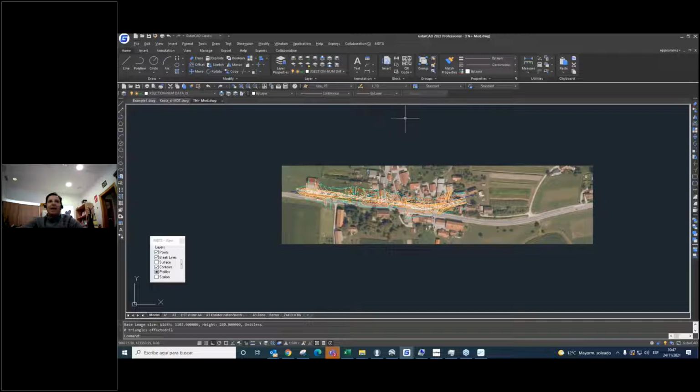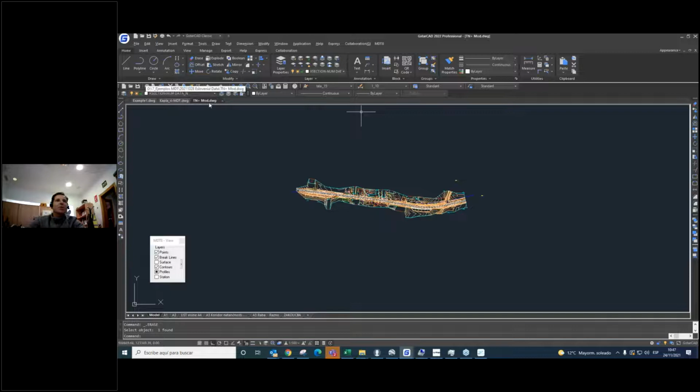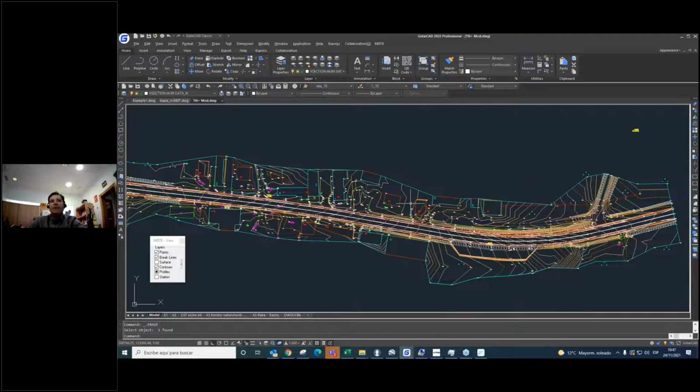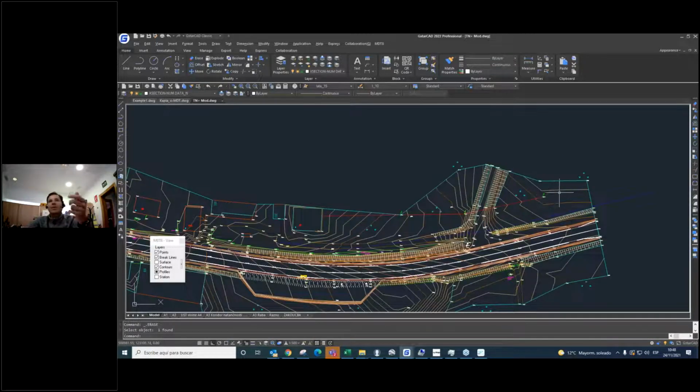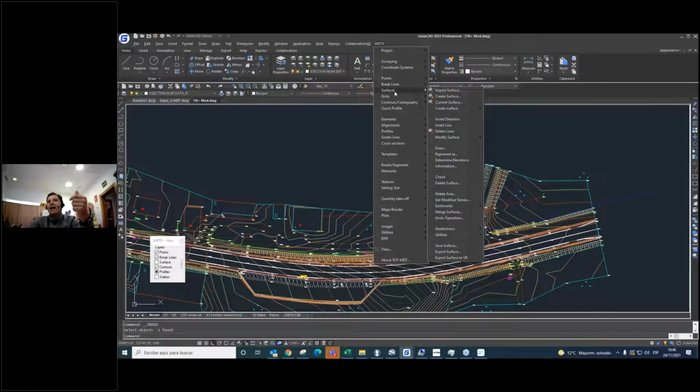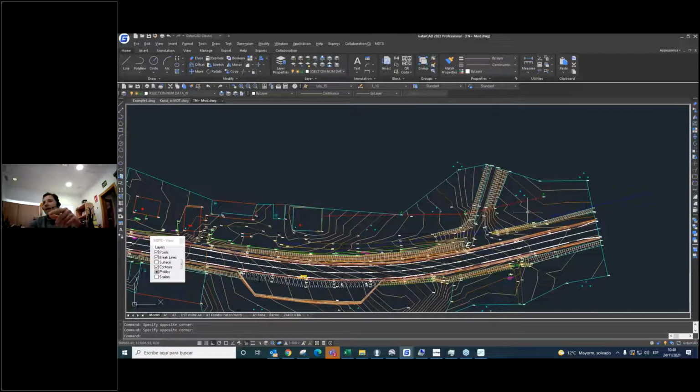So, well, I'm going to follow with the map. So I have evaluated how to work with this final thing. We can create, for example, some useful things like a surface, earthwork, to create an esplanade or to create a pond or something like that. For example, I'm going to create one pond here in this area.